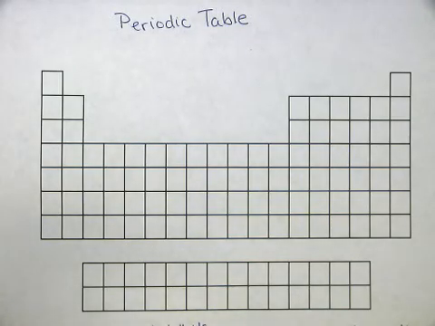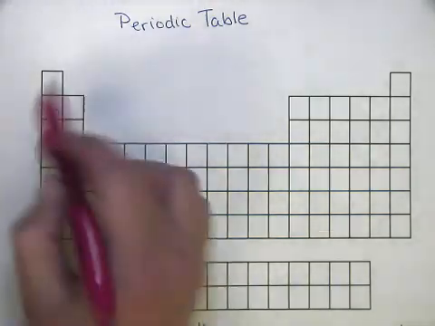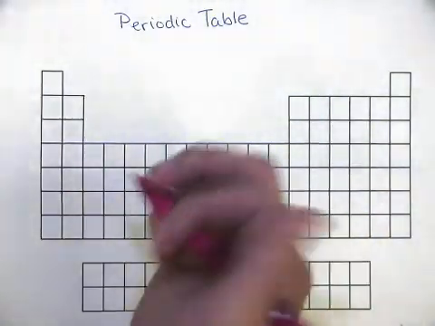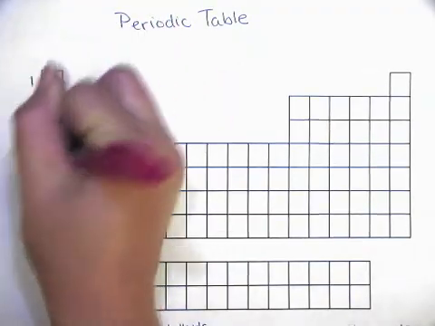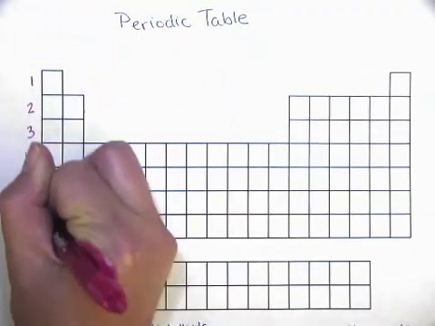This video is on the periodic table. So our periodic table is broken up into parts. We have different types of metals and nonmetals, and we have metalloids as well. So our rows on the periodic table are called periods, and they're labeled or numbered 1, 2, 3, 4, 5,